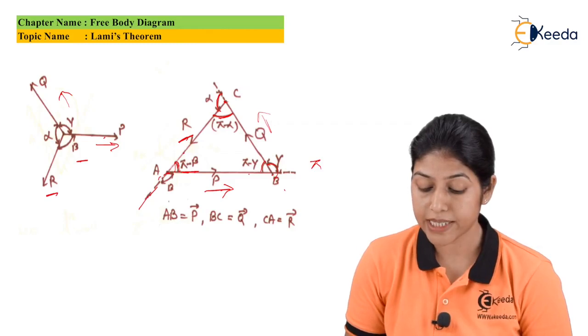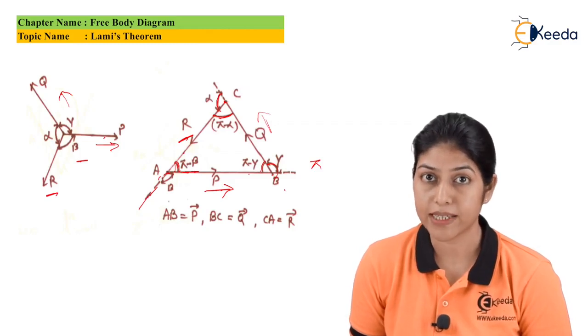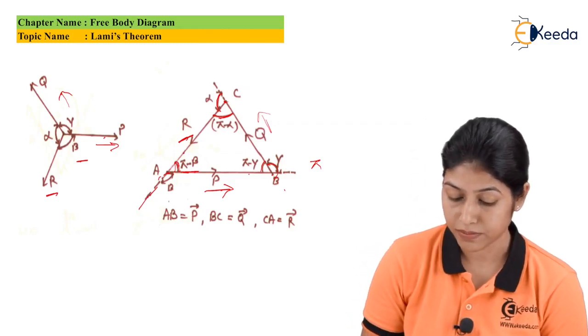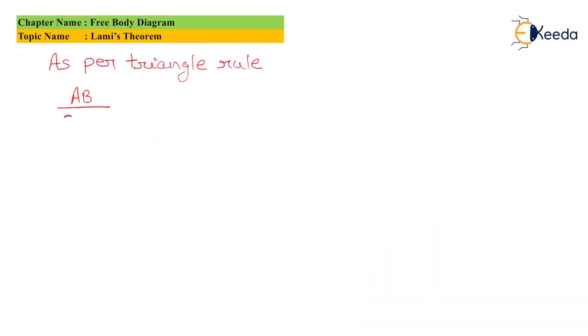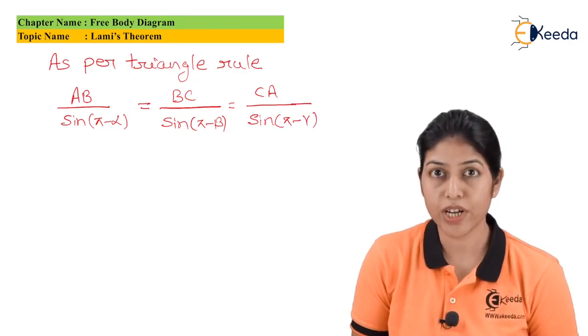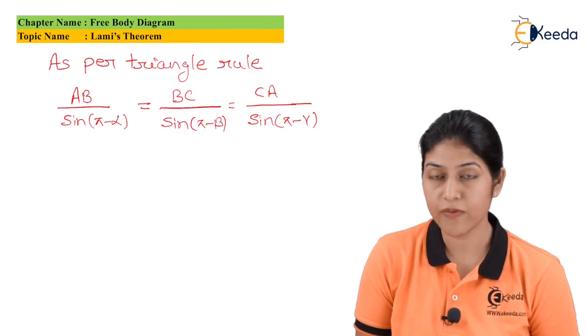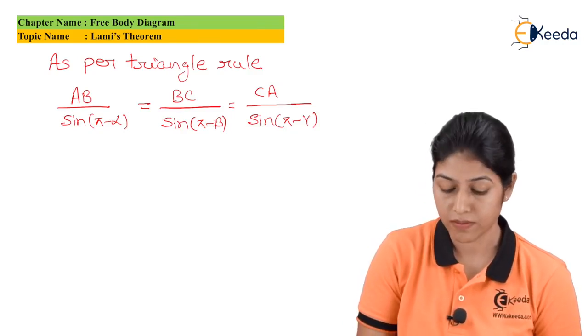So it will be AC divided by sine of pi minus gamma. So let's write the equation. This will be our equation as per the triangle rule, and we can write this equation